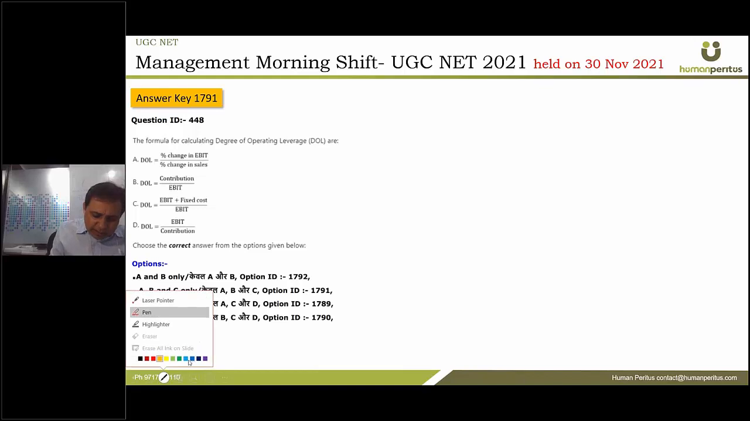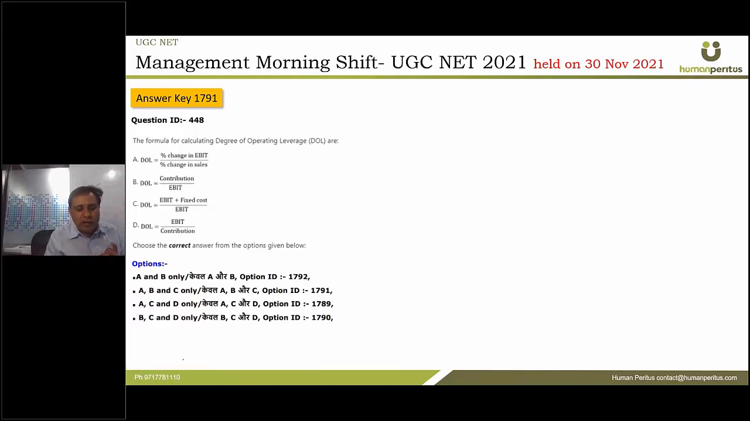Next one, it is calculating degree of operating leverage. So degree of operating leverage is given by what? Change in EBIT or change in sales, ये भी ठीक है. Contribution over EBIT, this is again same thing. अब third is also right, but एक थोड़ा सा चीज भी है. So I'll also say that it's a